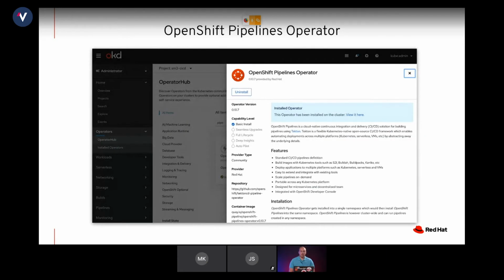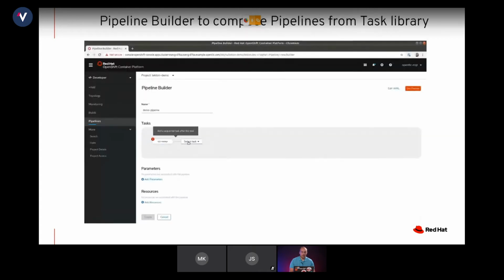Yeah, so as I mentioned in the beginning, the execution of the pipelines is managed by the operator. So the only thing you need to do in order to enable OpenShift Pipelines is to install the operator. Once you install the operator, your cluster is prepared and configured to execute pipelines. So there are no more additional steps. Also, after you install the operator,